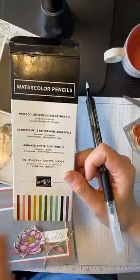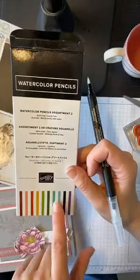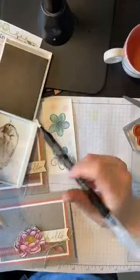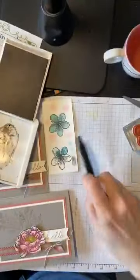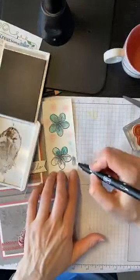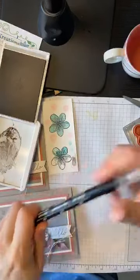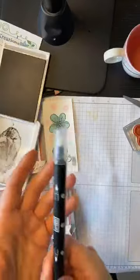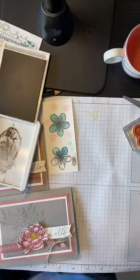If you're a brand new stamper, you can get, what is there, 12 colors, 10 colors in here? I think there's 12. And you can just use a paintbrush at home and get lots of color for coloring. So this is a little more cost effective, but this also works as well. And you get 3 blender pens in a package, and eventually when the ink kind of quits working, I always